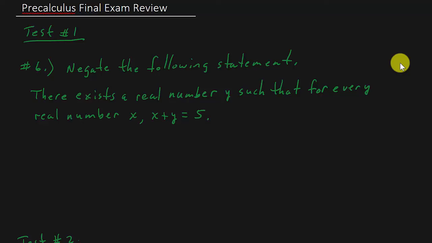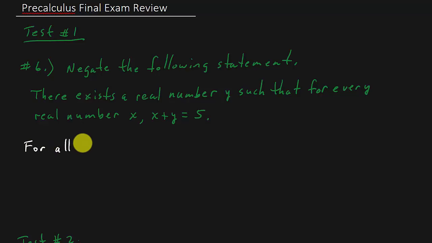All right, test 1, problem number 6. It says negate the following statement. There exists a real number y such that for every real number x, x plus y equals 5. Well, remember, to negate "there exists," it's "for all." And then here it says "for every real number," so to negate that, that would be "there exists." So, to negate it, it would be